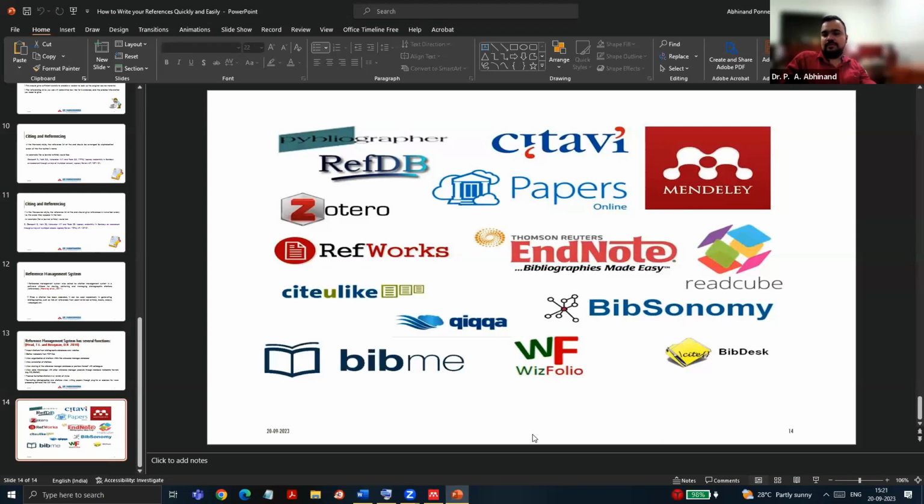So there are many software, but for today's practical class, I am introducing you to the software called Mendeley, which is easy and free to download, and it can be used by anybody with little training of less than 30 minutes. So I hope at the end of this talk, I help all of you here who have gathered to understand how to use Mendeley, and you must be able to do your referencing with Mendeley software by the end of the program. So I close my PowerPoint with this.